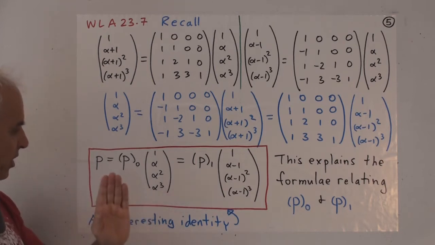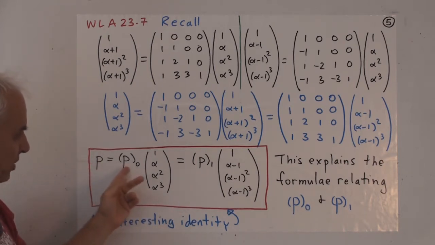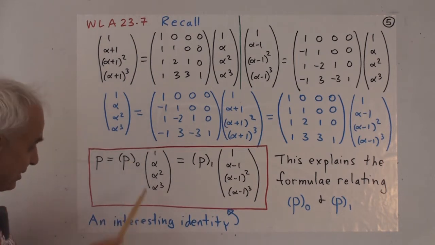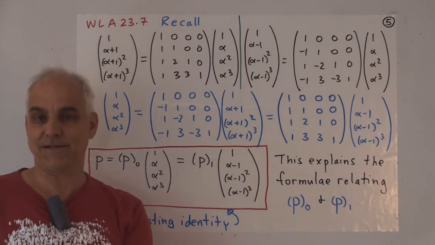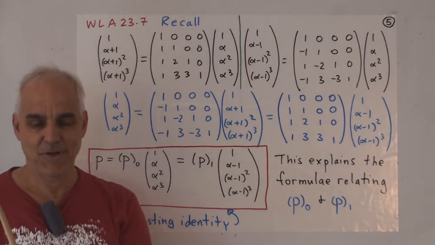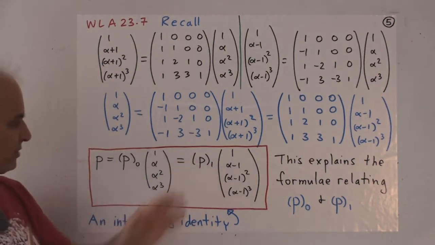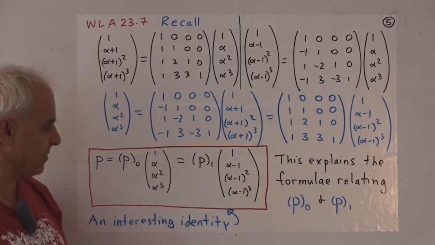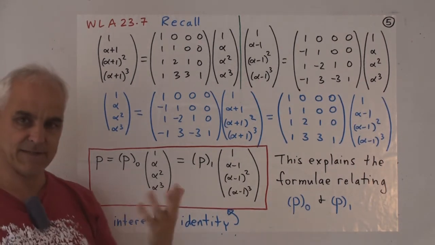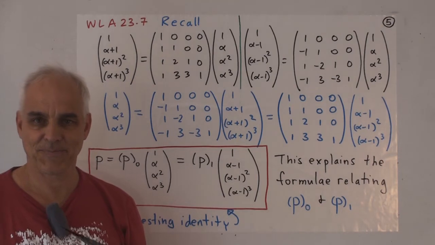In fact, that's what's really going on here. This is a polynomial, and what we're doing here is we're expressing this polynomial as a linear combination of other polynomials. So this vector here is really a vector with polynomials inside it. Okay, we'll come back to this point. I just want to point it out for you here now. It's going to be a point of view that has some repercussions for us later.